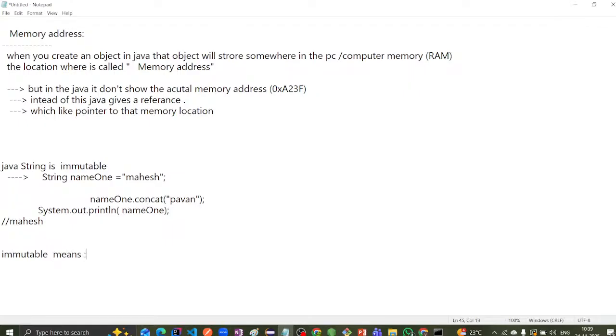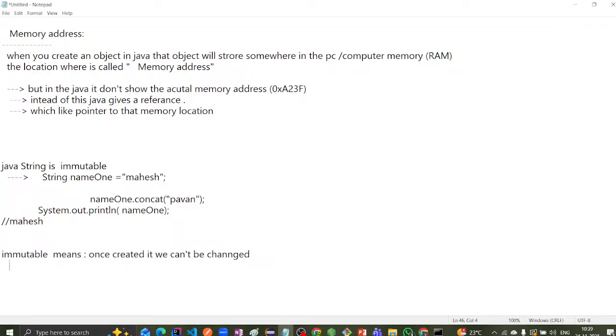Immutable means once created, it can't be changed. We can't change it. It creates a new string